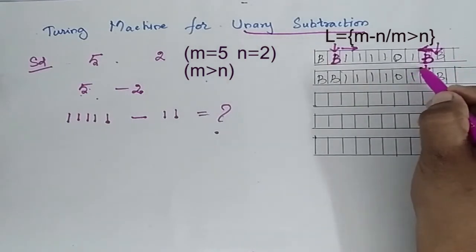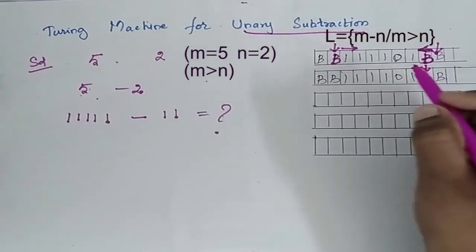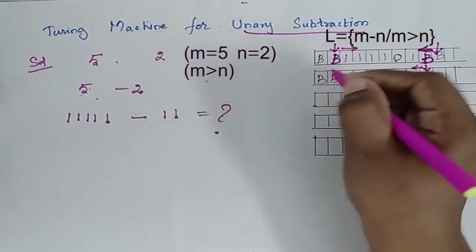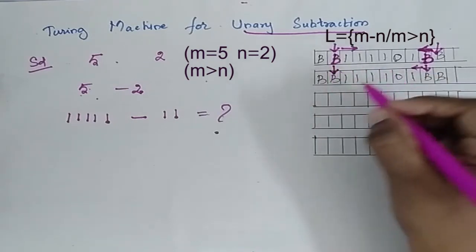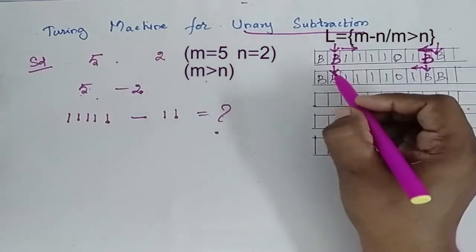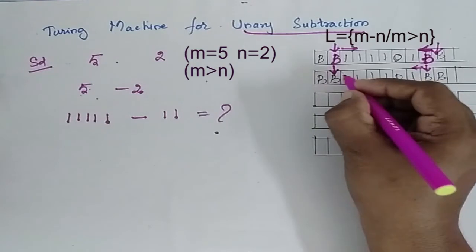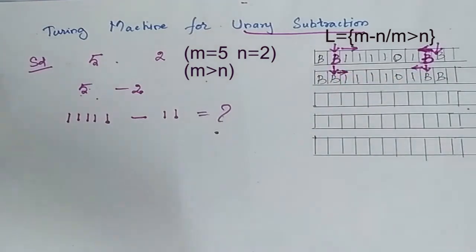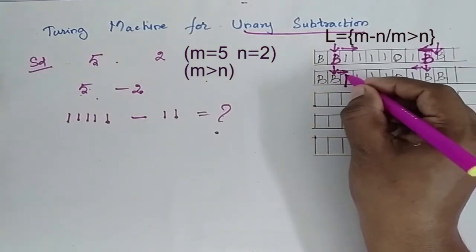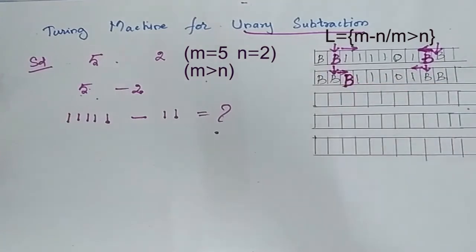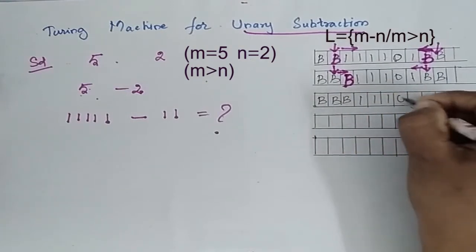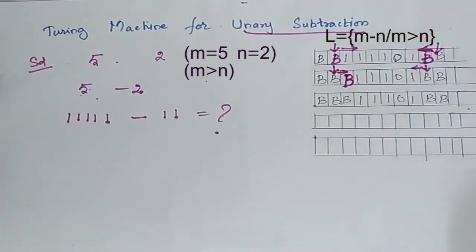Now from here, the tape header moves left. It moves across 1, it will move across 0, it will move across any number of ones until it reaches the blank space. All these ones and the 0 which it encounters are kept as such until it reaches this blank space. Then it starts moving right. Now when it moves right, the 1 it encounters is replaced as blank. So now I'll have my series like this with the tape header here.